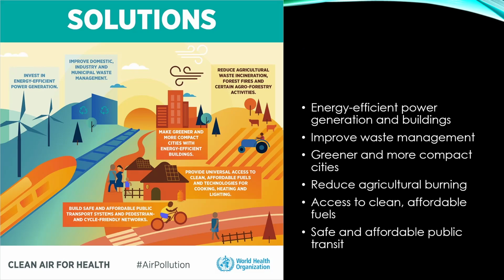Some other solutions, this is from the World Health Organization. Some of the solutions that we can do to help reduce air pollution is to invest in energy efficient power generation, improve our domestic, industrial and municipal waste management, reduce the agricultural waste incineration, forest fires, and certain agroforestry activities, making greener and more compact cities with energy efficient buildings,